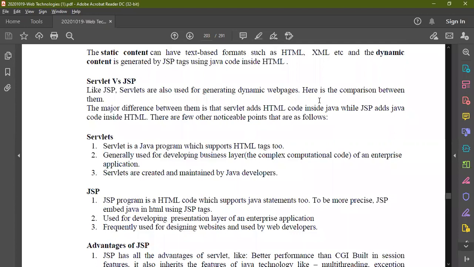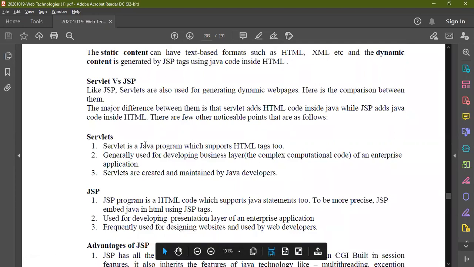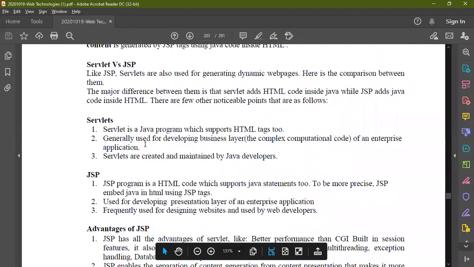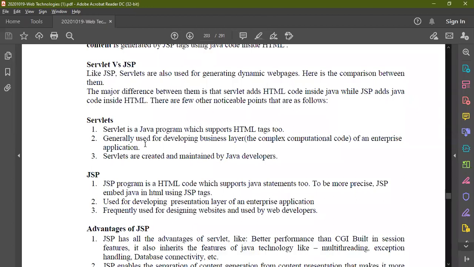Logically, when they ask you, this is a general supporting statement for the difference between servlets and JSP. But in depth, when they ask you further, then you have to tell that servlets are Java programs which support HTML tags. They are generally used for developing the business layer. This point you need to justify. It is used to develop the business layer, that is complex computational code.